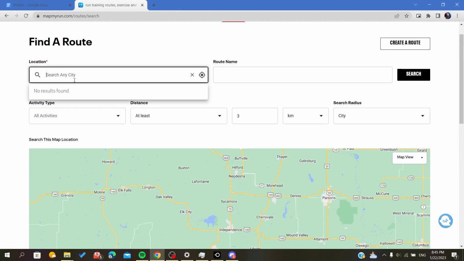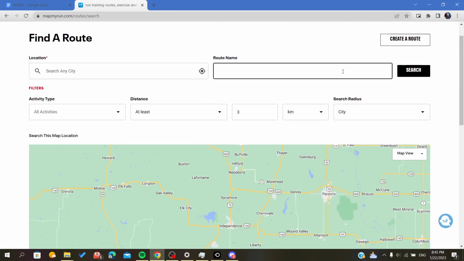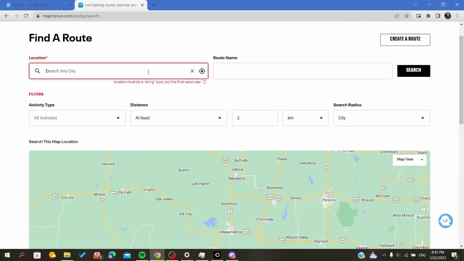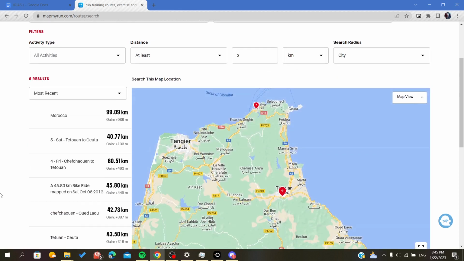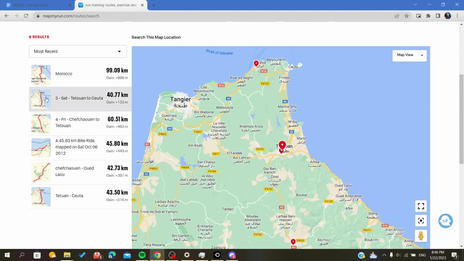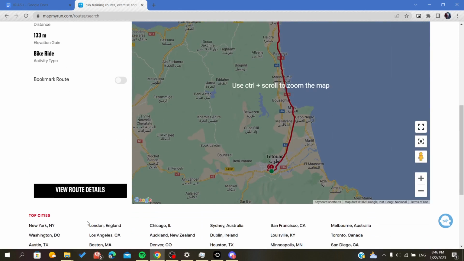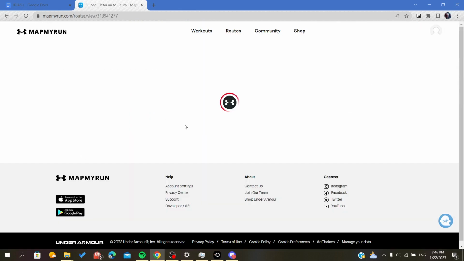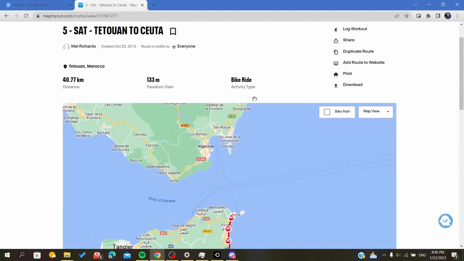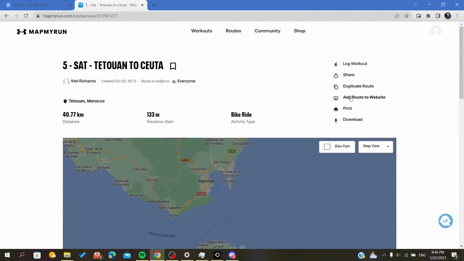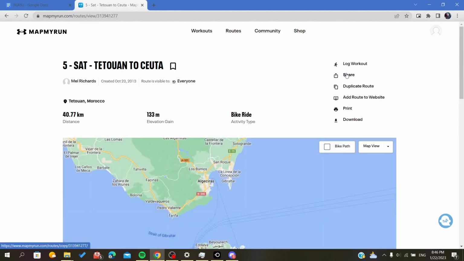that you want. Now we can search, for example, I don't know, just search for any location. Let's have it like that here, and we will search for a route, and as you can see they will give us some routes that you can add. You can view route details, and you can have this route downloaded or add the route to the website or make